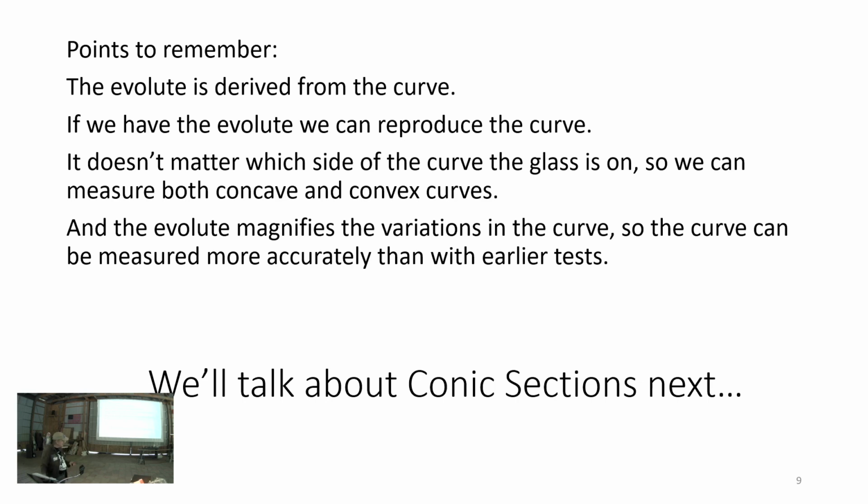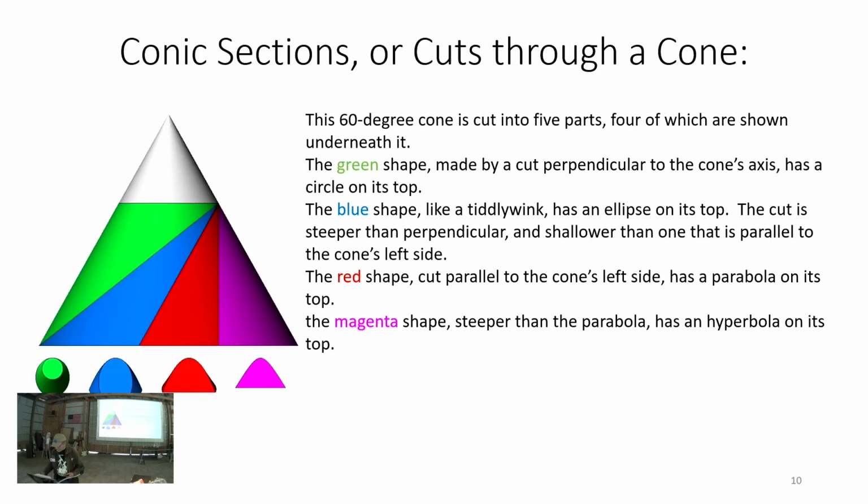Let's talk about conic sections. Here's a 60-degree cone, and it's cut into 5 parts. Some of you have seen this in ATM1, not as brightly colored, but it's there. There's a model of it up in the pink clubhouse. So here we have a circle, which is the green portion. Here, tiddlywink shaped, an ellipse. Here, bright red on my screen, but not so on here, is a hyperbola, and then a parabola, and here's